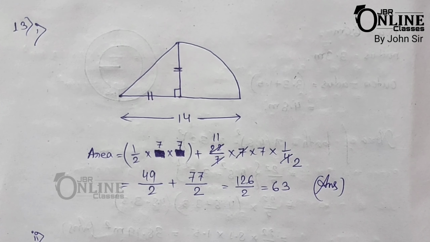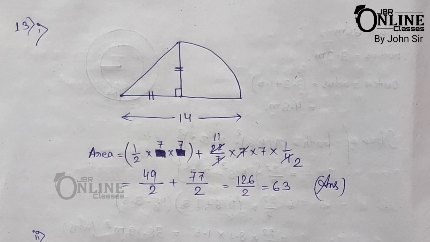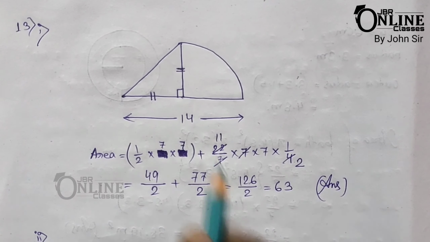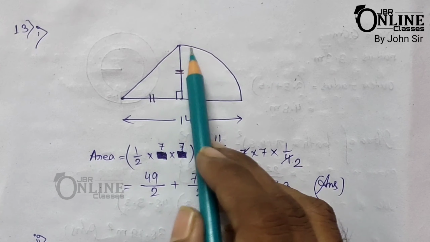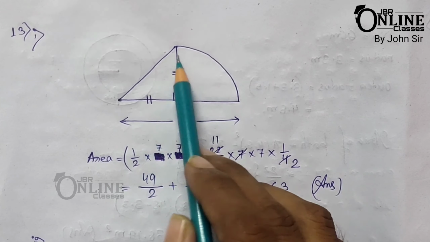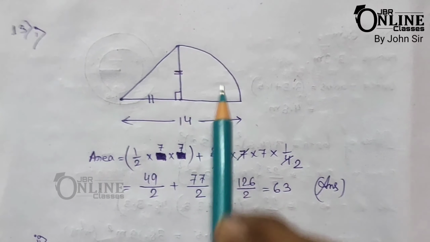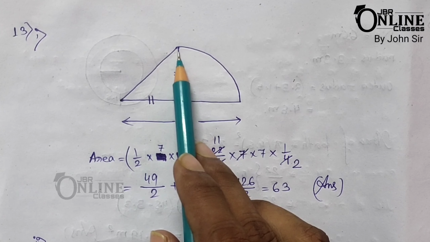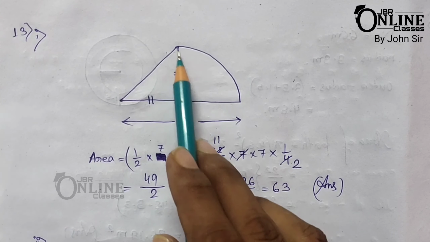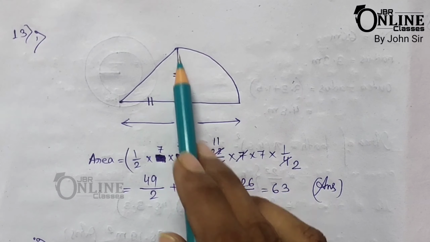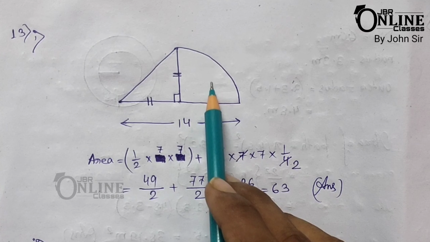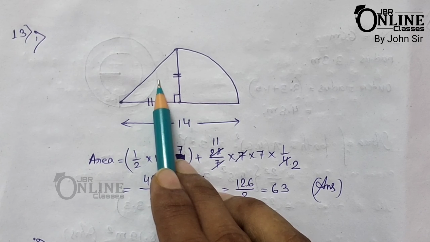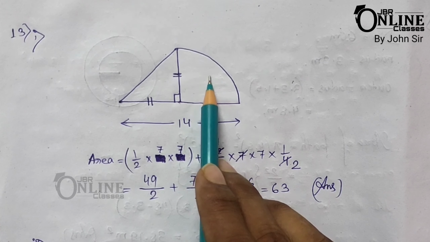Now next, in sum number 13, there are total 4 diagrams. Calculate the shaded area in each of the following figures. So here the first diagram, and all the portion is shaded, so you have to find out the area of this total portion. Here in the left hand side, this is a triangle. As this is a 90 degree, that means a right angle triangle, and in the right hand side it's a 1/4 of a circle. Left hand side is a triangle, right hand side is the 1/4 of the circle.